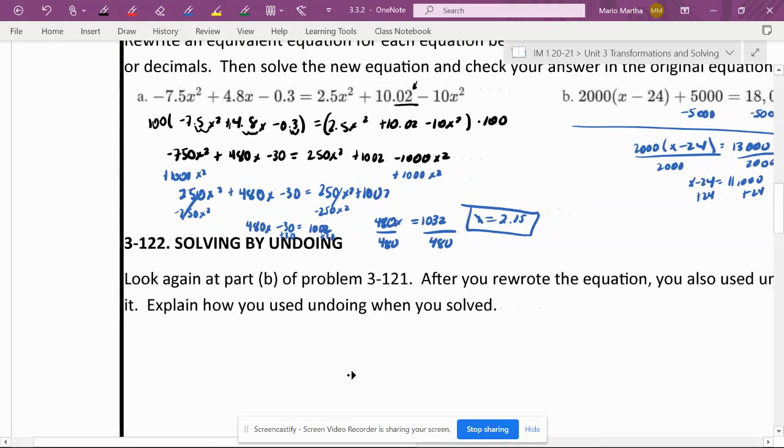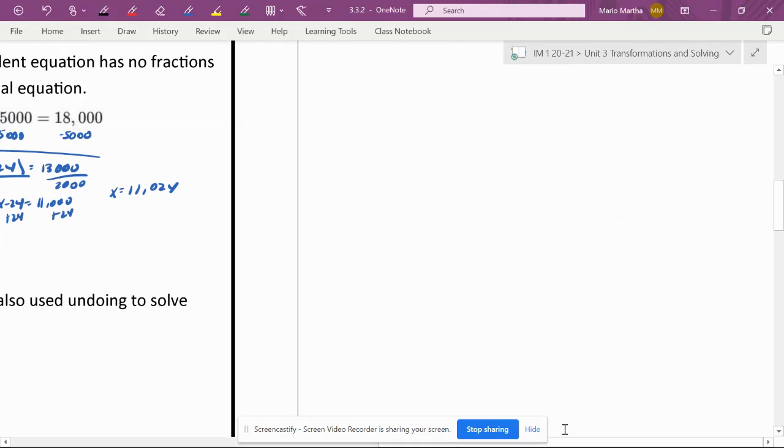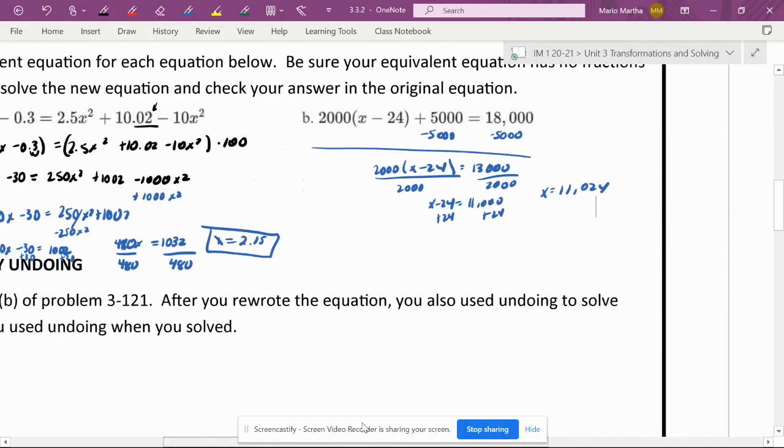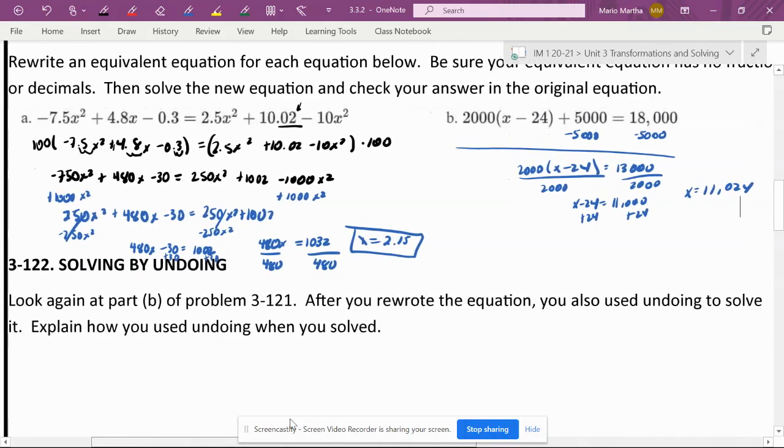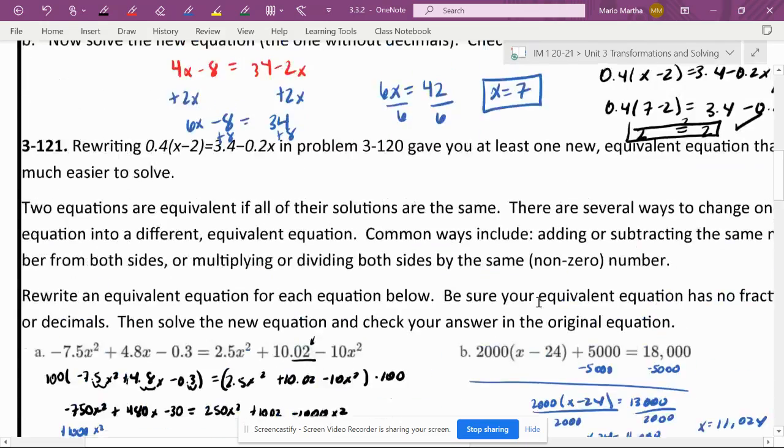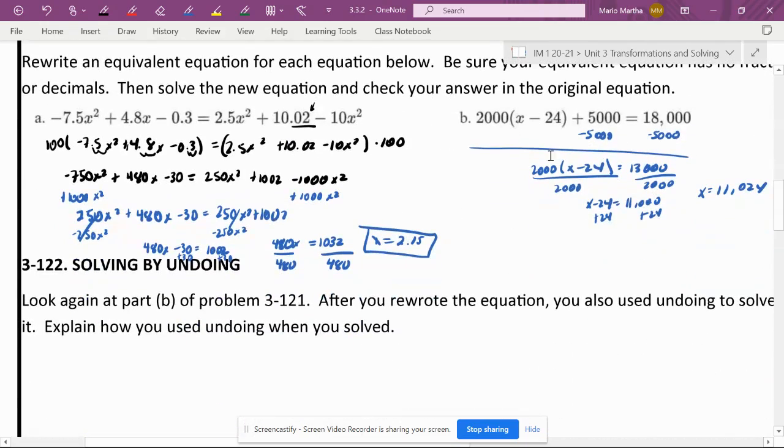So look again at part B of problem 121. And it says you also use undoing to solve. Explain how you use undoing to solve. So in this case, you're undoing it to solve, right? Because we undid everything that was happening around the x. So we undid